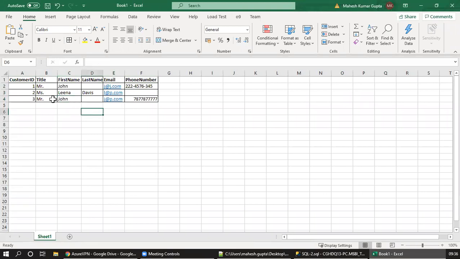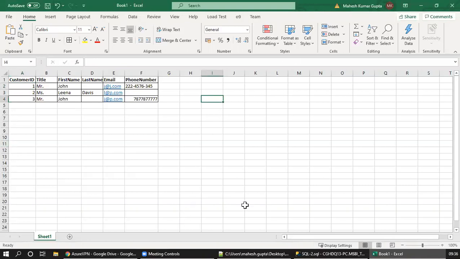Okay. So how can we make sure that once 1 is assigned to John, there cannot be any other customer with customer ID 1? Otherwise, the purpose won't be fulfilled. Our whole purpose of designing this ID column is so that we can uniquely identify the record. And how we can achieve this in the database, what we have to use, this is all we are going to discuss.